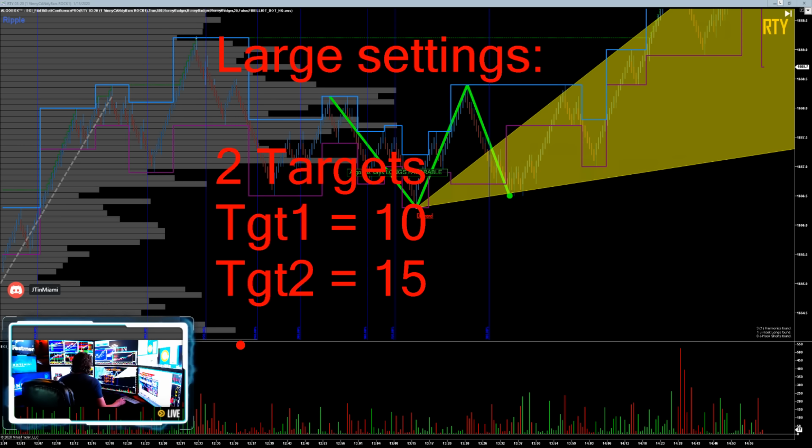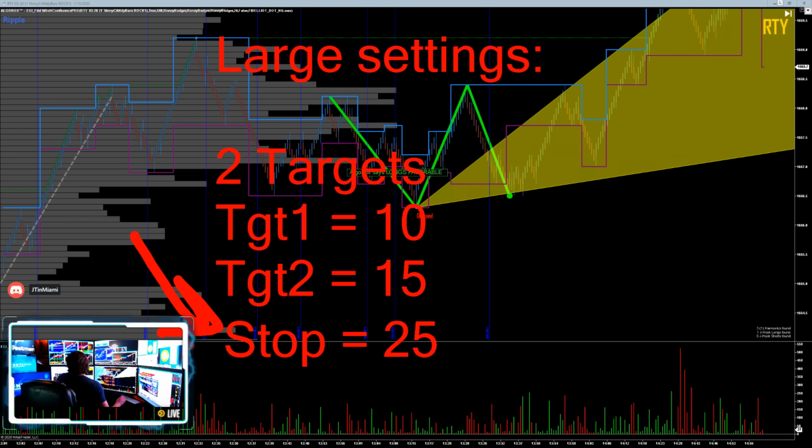Now our stop value initially, 25. Now, a lot of people troll this. They don't have understanding. But if somebody comes and watches this, or anybody wants to explain to them when people ask, like, why would you have a 25 tick stop? That seems like way too much. You're right. This is a hard stop.